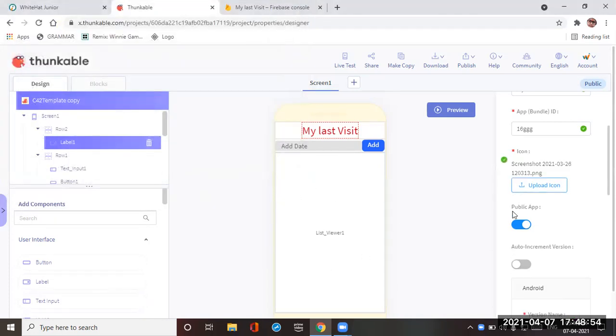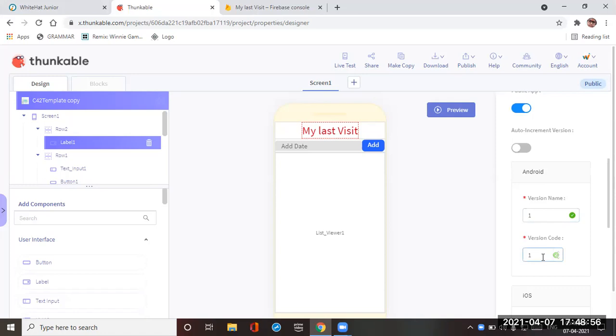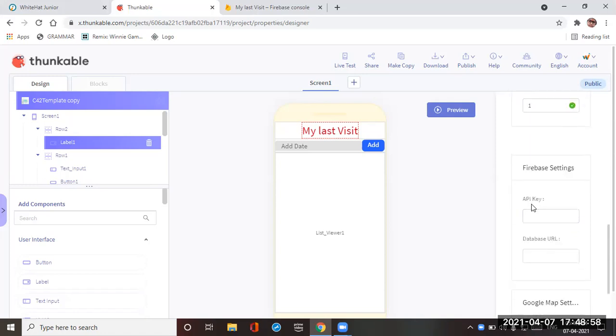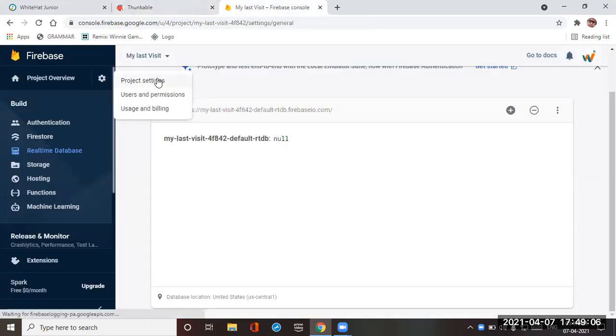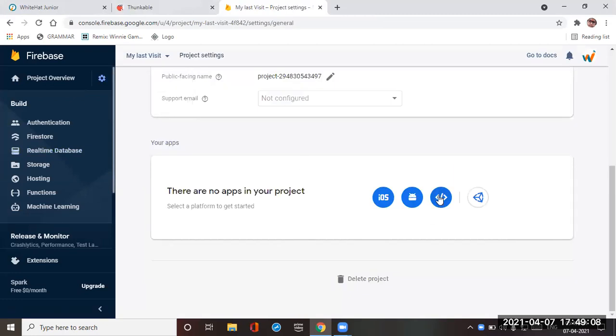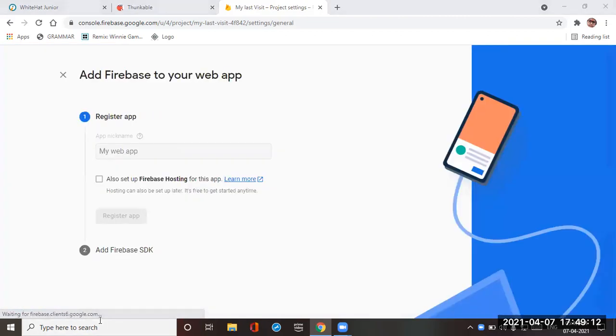Here, public app, Android version name and version code is here, iOS. Go down, take the Firebase settings. Go to your settings, the project settings of your app, and click on the web option here. There are 4 options, as you know. And give your app name.